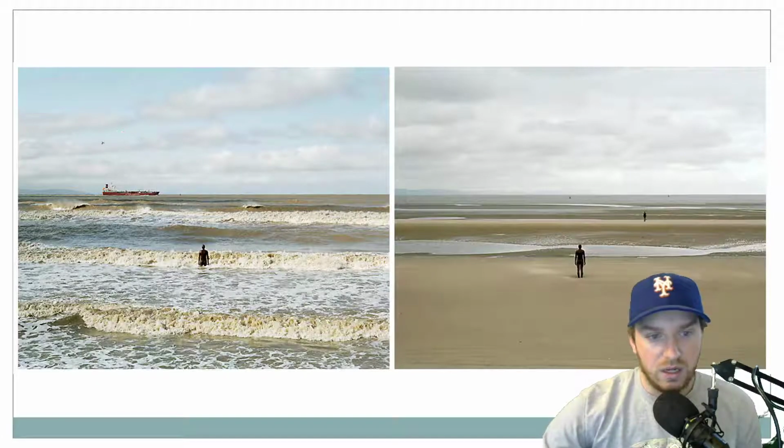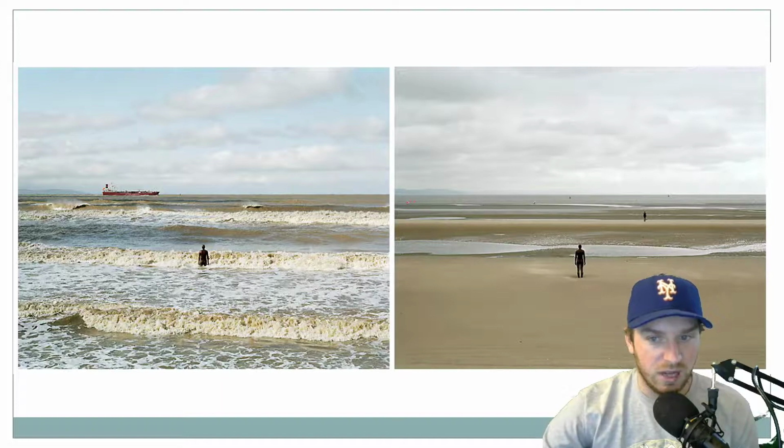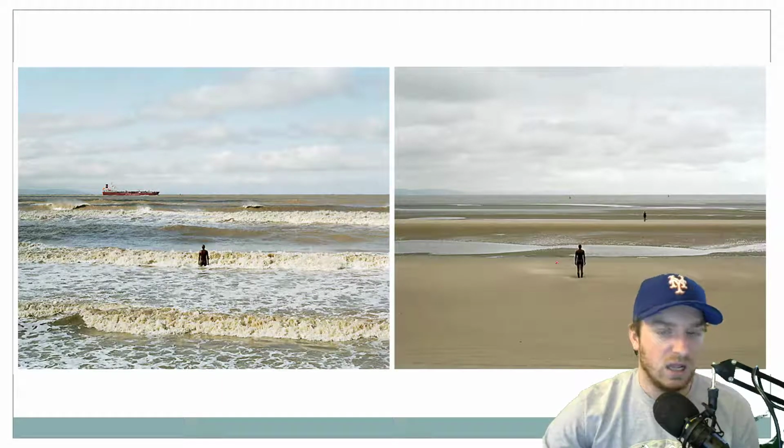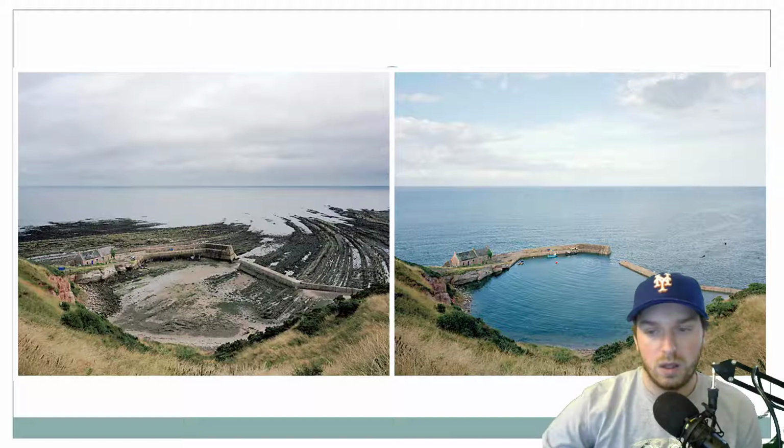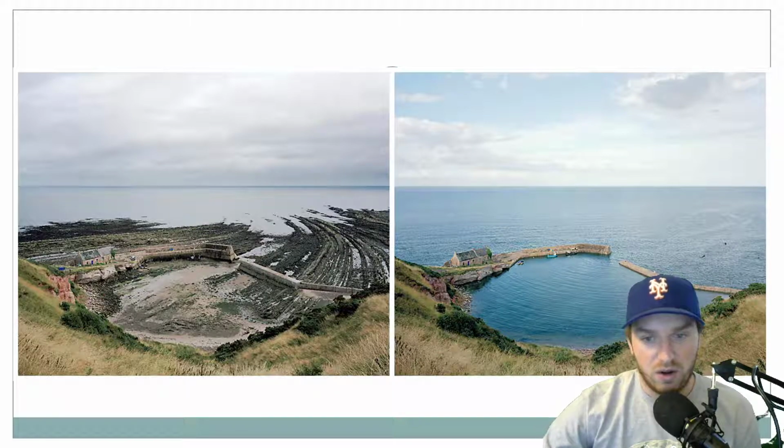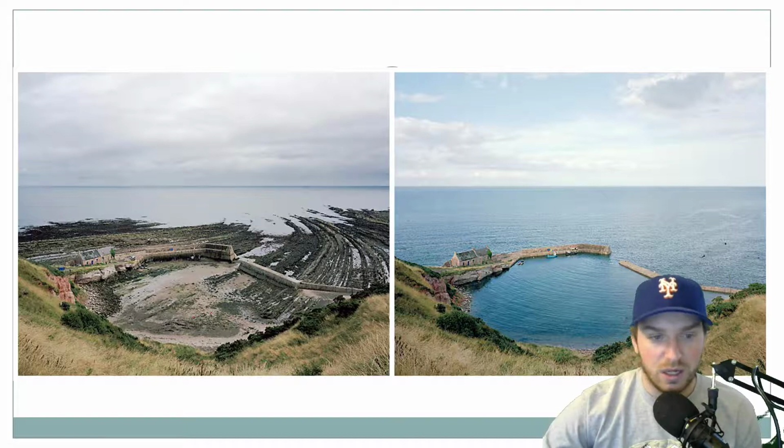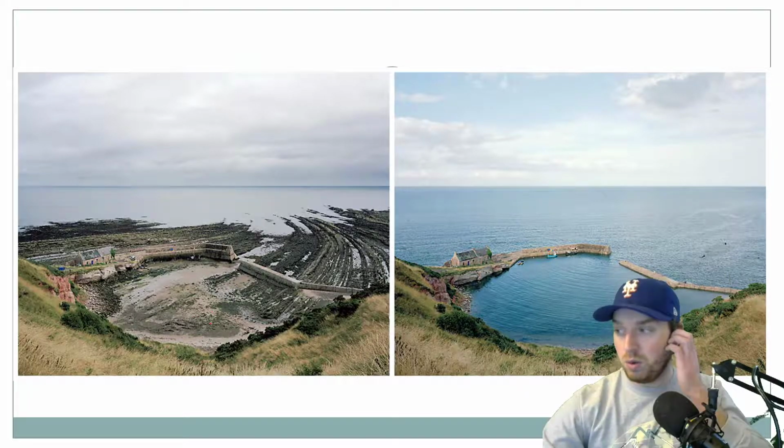Here's another picture right here. You can see a man presumably standing in what I would imagine is the same spot, and you can see how drastic these high tides and low tides can be. And one last image. Once again, you can see all that's being affected by these tides. You really don't want to get caught out here because you can be in a whole lot of water